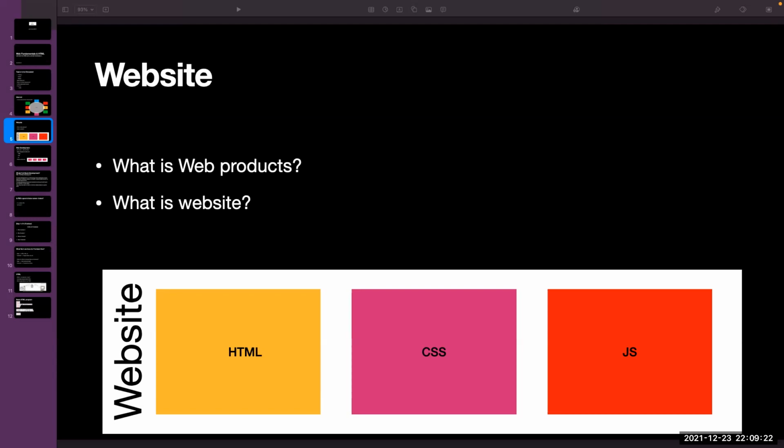Whenever you load a website, all these three things come to your browser. The browser is specially designed to read and understand these languages: HTML, CSS, and JavaScript. Like a human mind, the browser is a person who reads these languages, understands them, consumes them, and gives them to the user.